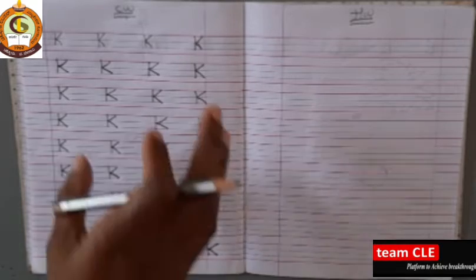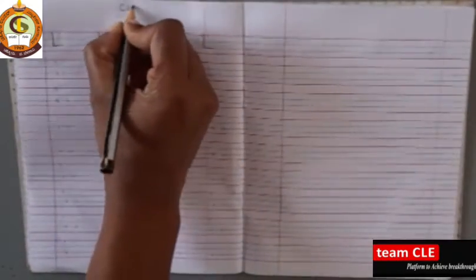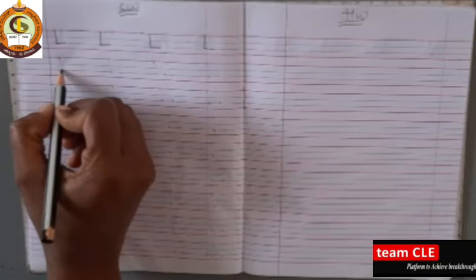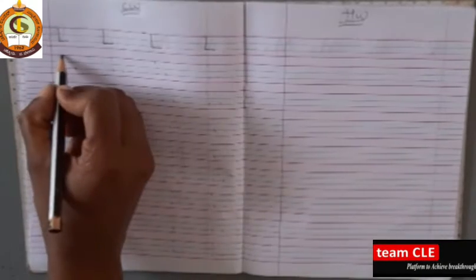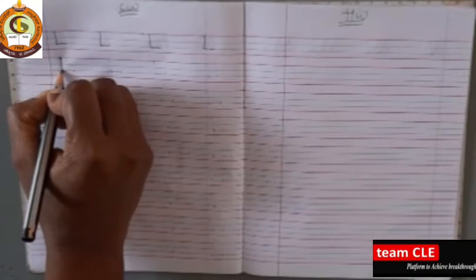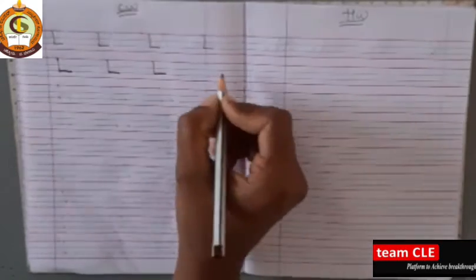Okay children. So which letter is it? Letter K. Is it? Yes. So again, the next letter is L. CW, HW. Letter L. Here children, 3 dots are there. Is it? See. First line 1 dot, third line 2 dots. Yes. So here children you have to write standing line, sleeping line. Standing line, sleeping line. Standing line, sleeping line. Okay.